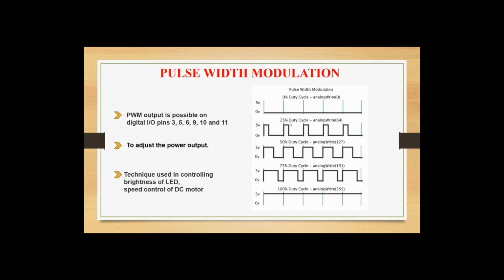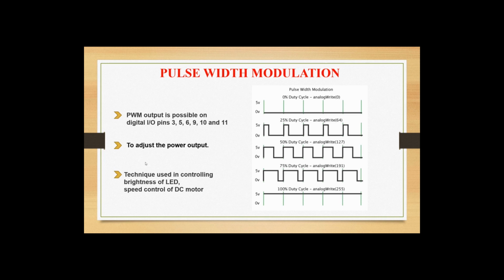So in this 25% duty cycle example, the average power output is 25% of the maximum average power. I think you are getting it. If you see this 75% duty cycle, the average power output from this interval is 75% of the maximum average power output. This is just like we are switching on and off in a very short interval. The interval can be micro, milli or nano seconds. It depends on the microcontroller.